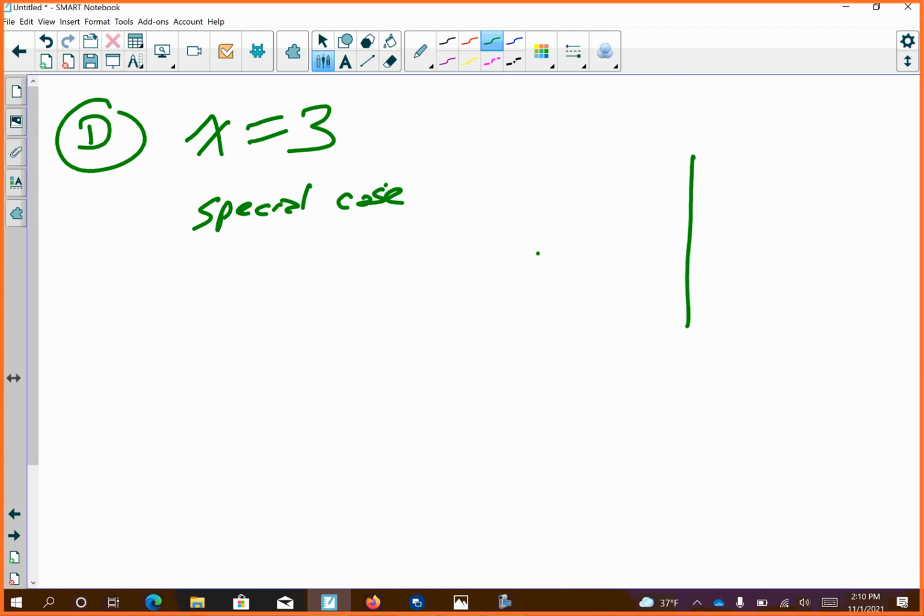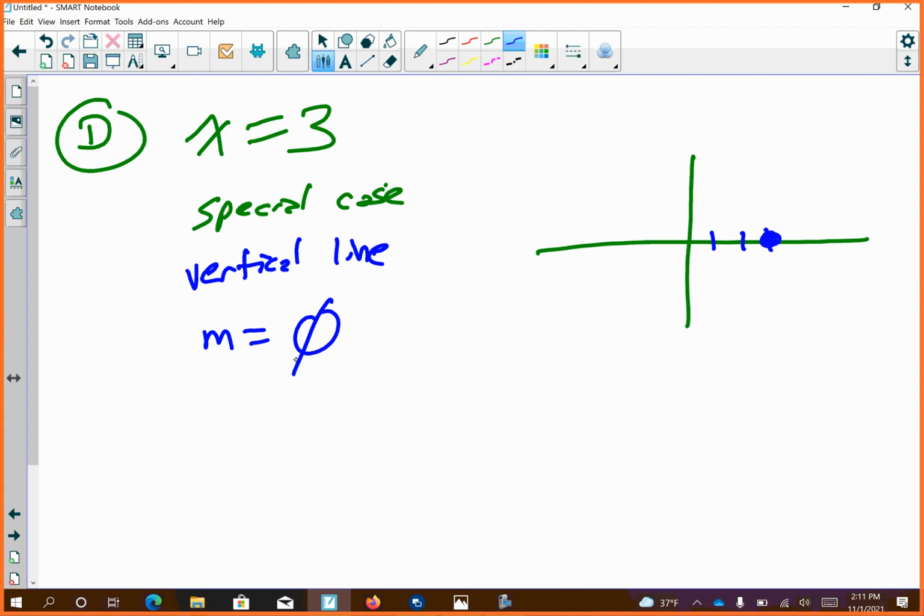So I want you to think about what this graph would look like. X equals 3. Well, this is my x-axis, so I'm putting a dot right there. X equals a number is going to be a vertical line. Vertical lines have a slope that is undefined. Meaning, if I pick 2 points on this vertical line that looks like this, my denominator, what's underneath,